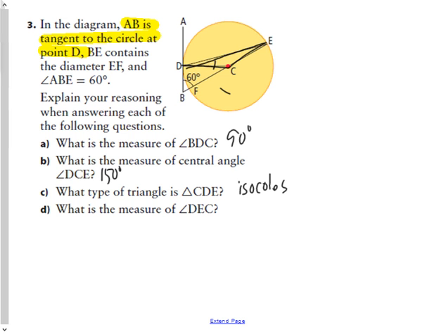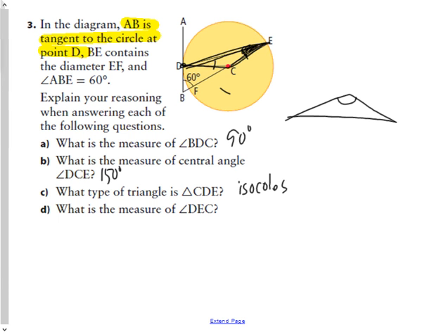And we know that because this is a radius and this is a radius. And when two sides of a triangle are equal, it's called an isosceles triangle. And the final question says, what is the measure of angle DEC? So DEC means what is this angle right here? And if we redraw that